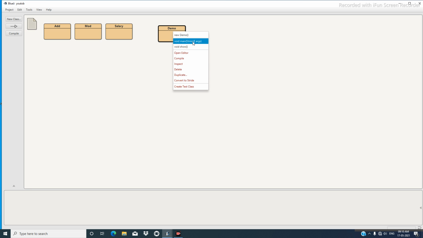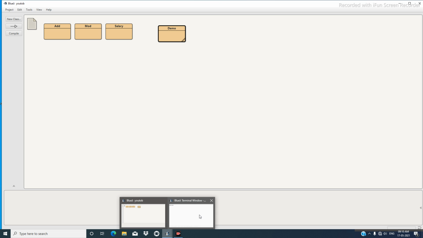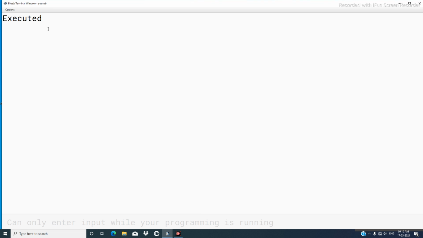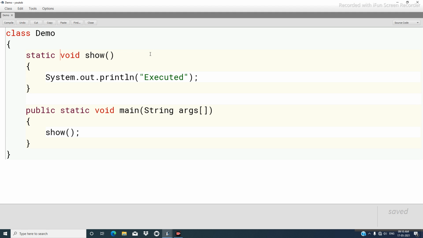So we click on this void main method. No parameters also. We press just OK and find out what is the output. So this is the output that is executed. So you can find that a non-static method cannot be referenced from a static context, but static to static is permitted.